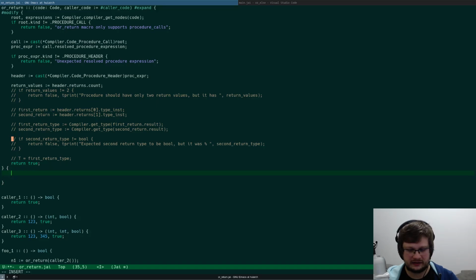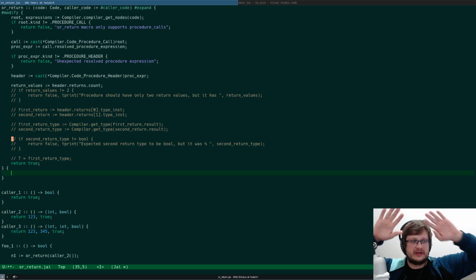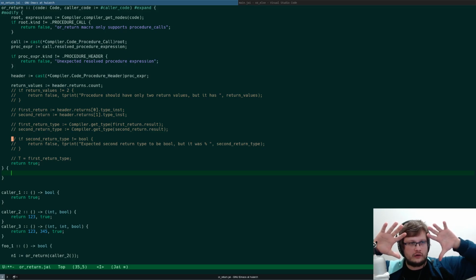And so inside of an actual macro, what we need to do is get return values of the procedure that calls this macro.